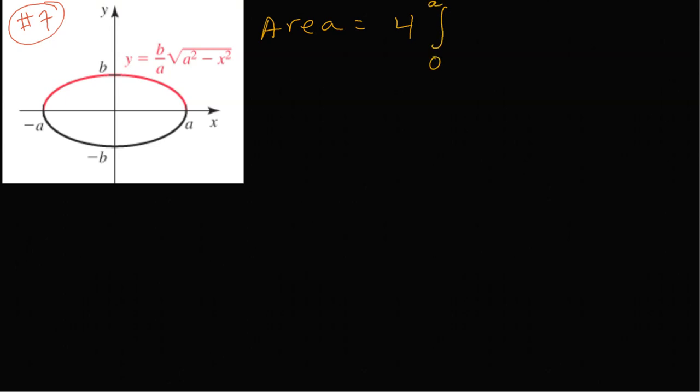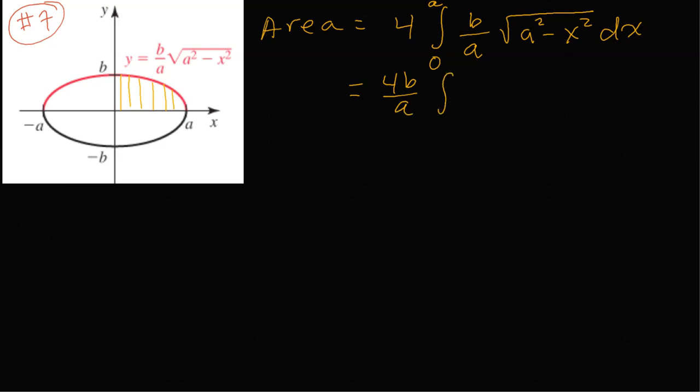from 0 to a. In this case, I am looking at vertical strips. And vertical strip would be dx. And then the height would be the function value. So that would be b over a multiplied by square root of a squared minus x squared dx. Okay, so that will simplify to be 4b over a, that's the constant, the integral from 0 to a of square root of a squared minus x